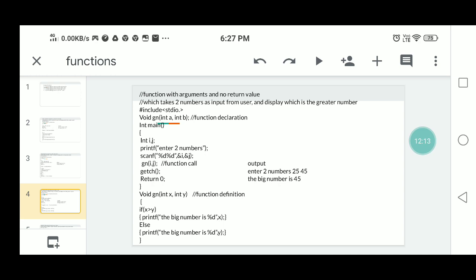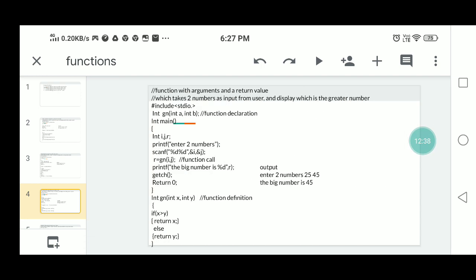It means the user defined function can take the values from the actual parameters, but it cannot return a value to the main. This is the example of the third one.